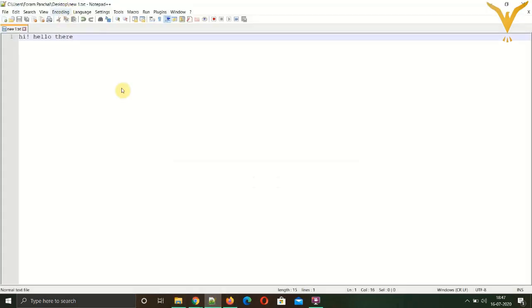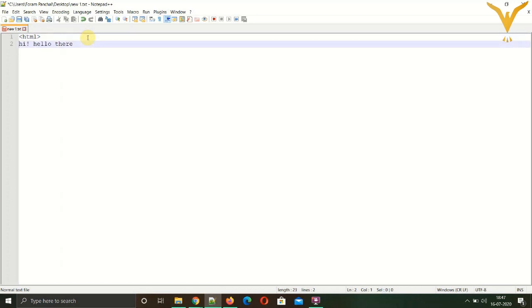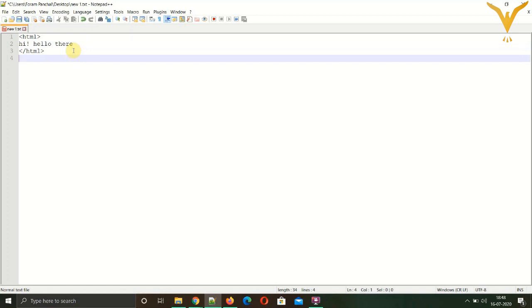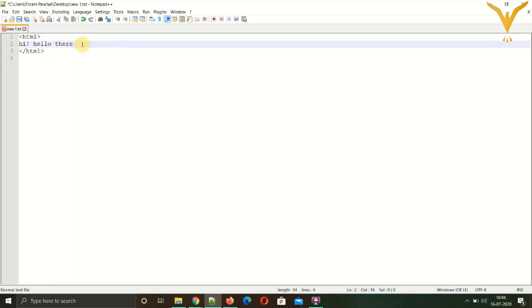So let's make some changes. Let's use the formatting tags. The bold tag, the open bold and the close bold, and save your file.